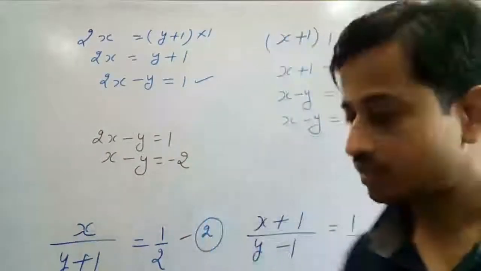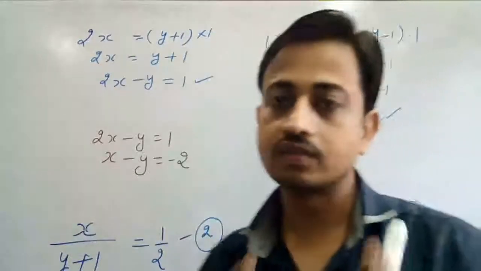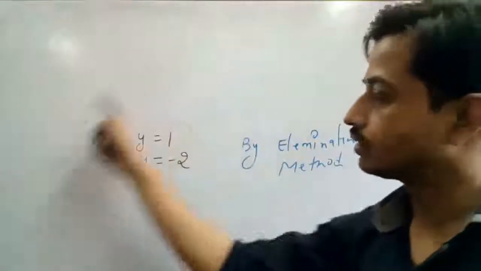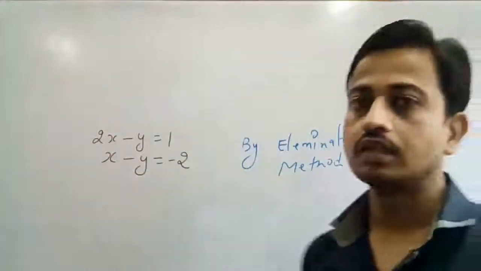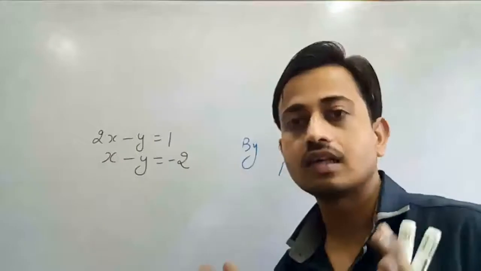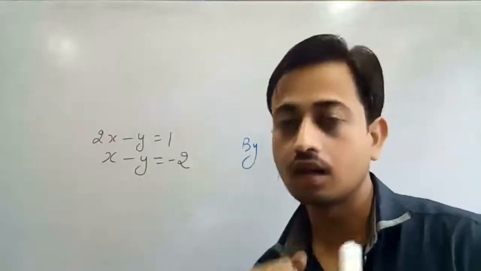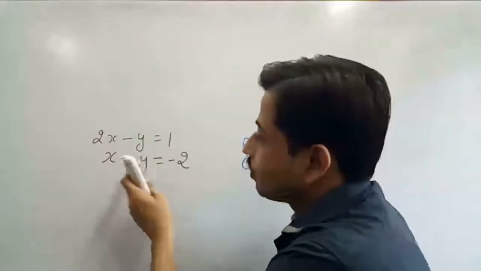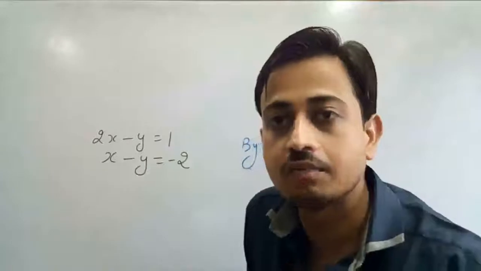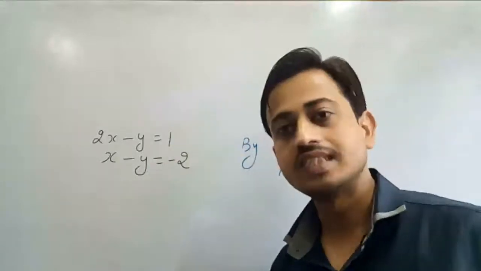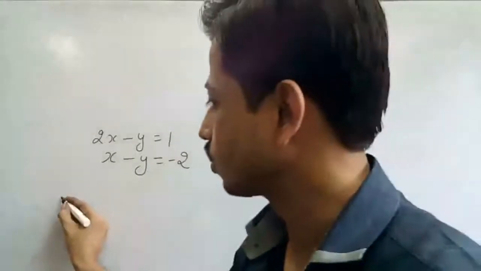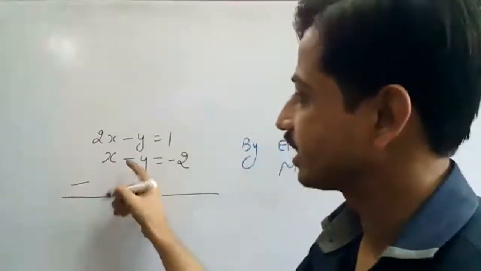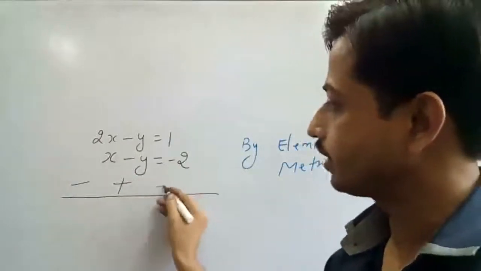Please make a note first, then I will rub the upper parts as well as lower parts. Now I have to solve this by using the elimination method. Step 1 is, we have to check whether the coefficients of any variable are equal or not. Please look. The coefficient of y here is minus 1. Again the coefficient of y is minus 1. It means both the terms are same. Then what you have to do? Change only the sign, because there is no need to do step 2. This is positive, make it negative. This is negative, make it positive.